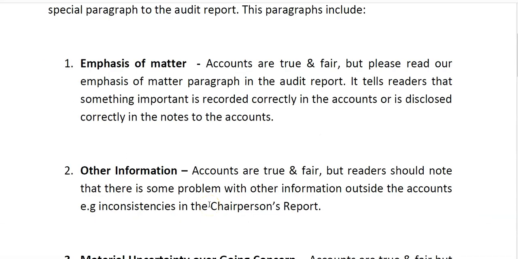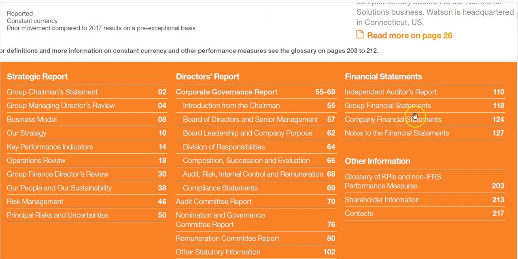So the next type of scenario is another information paragraph, where the accounts are true and fair, but readers need to be told that there is some problem with other information outside the accounts, such as inconsistencies with the chairperson's reports. And I think I spoke about this in the previous video, so I don't want to spend too long, but